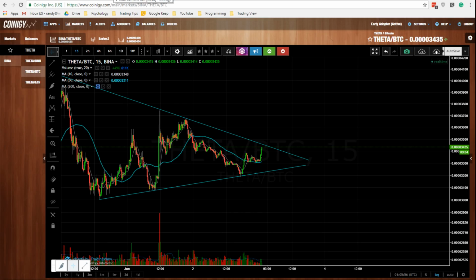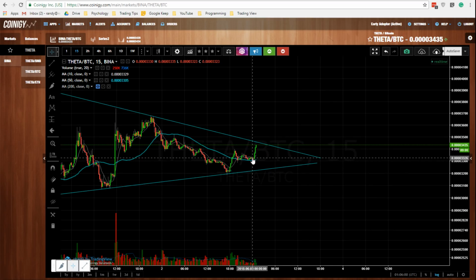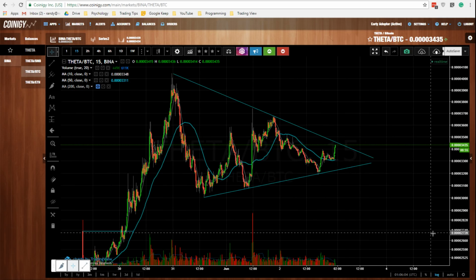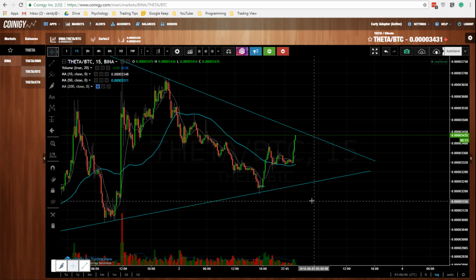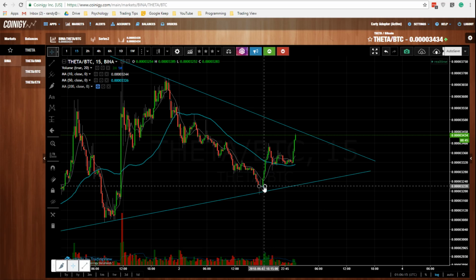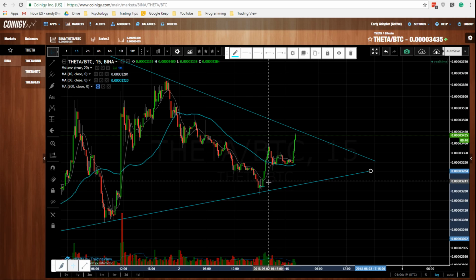Another one to mention here today. Ooh, Theta moving out. Wow. Last time I looked at Theta, it was in this candle and did not make that move. Since we're here, let's talk about Theta. So in the power hour today, we had a buy at Theta down here at about the 3,200 level. And that turned out to work out extremely well. The 3,200 turned out to be a good buy point for two reasons. Number one, because it was so close to this bottom of this trend line. And number two, because,